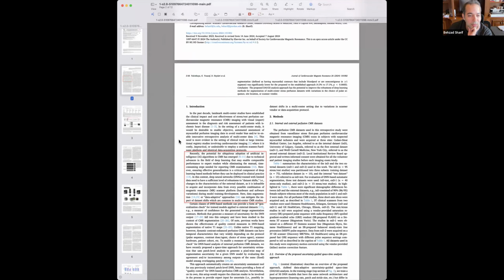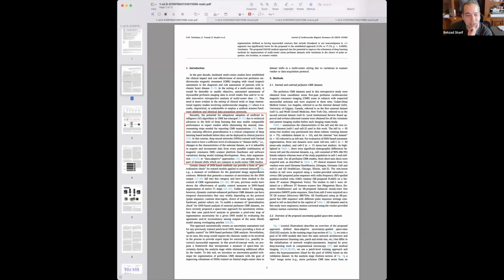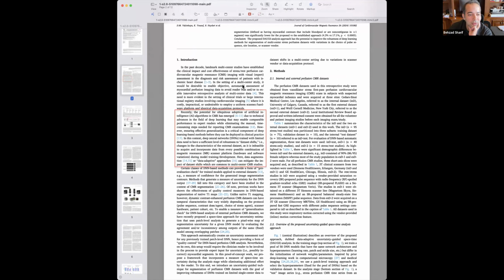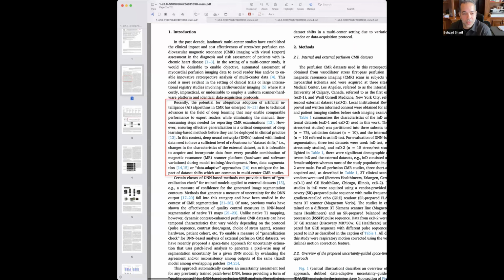So the main motivation, if I could zoom in to this paragraph, is that it's known, and this was apparent during COVID, especially with a lot of high-impact journal papers getting published on automatic deep learning-based analysis of chest X-rays for diagnosis of COVID, where people would take the developed algorithms and walk across the street to the adjacent hospital, and the methodology wouldn't work.